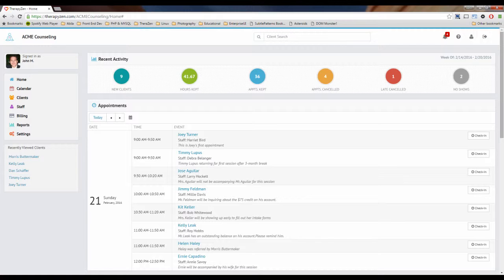This is the first screen you'll see upon logging into Therapyzen, and think of it as the screen that gets you ready for the day when you first sit down in the morning. It provides you with the helpful information that you'll need to figure out what your day is going to look like. As you can see, I'm currently logged in and looking at my dashboard, and since this is an introduction, we'll just quickly go over the major elements of the page and learn what you can do from